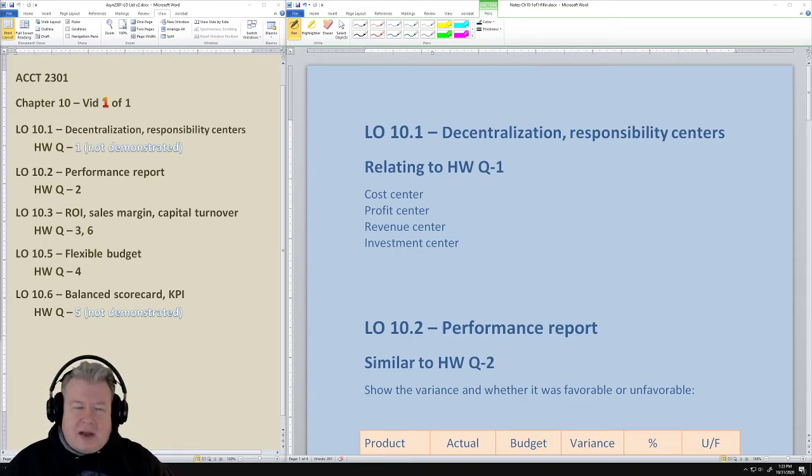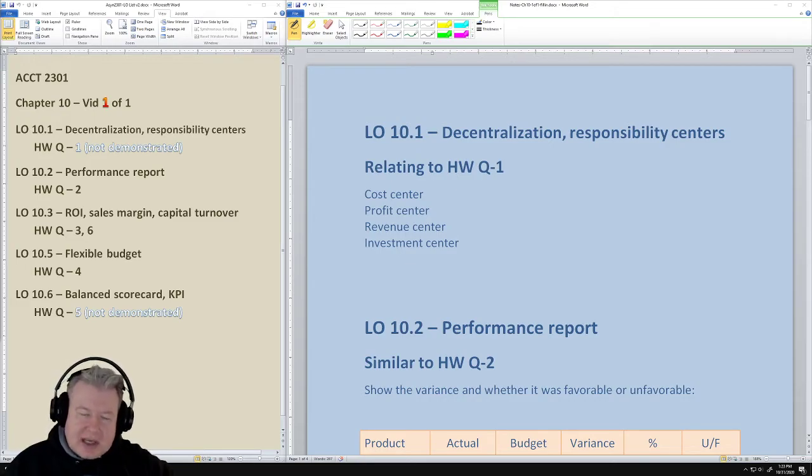And so we have a lot of information, and you'll see that of the learning objectives, the first and the last one here, number 1 and number 6, the first one talks about, well, how do you group together the responsibilities? And number 6 talks about, well, what would be the physical manifestations? How would you actually go about tracking this through a balanced scorecard or key performance indicators? So let's talk about the first one. The question itself is a bunch of kind of fill-in-the-blank knowledge questions, so I'll refer you to the textbook and to the PowerPoints. But just in general, here are kind of 4 of the main items.